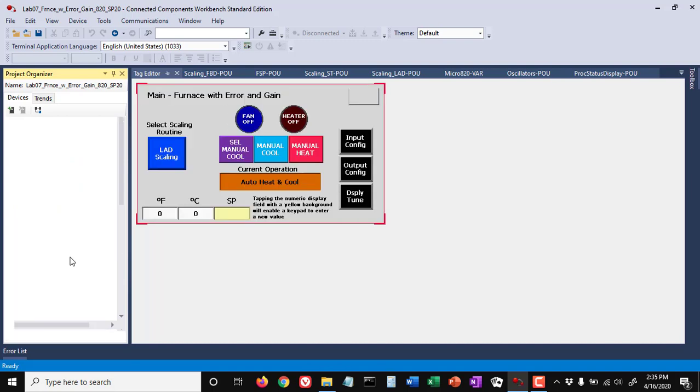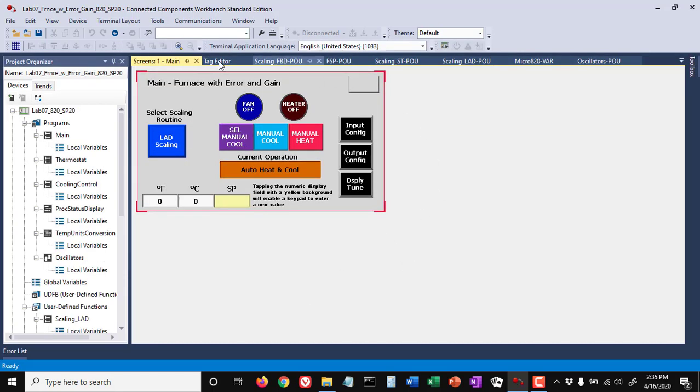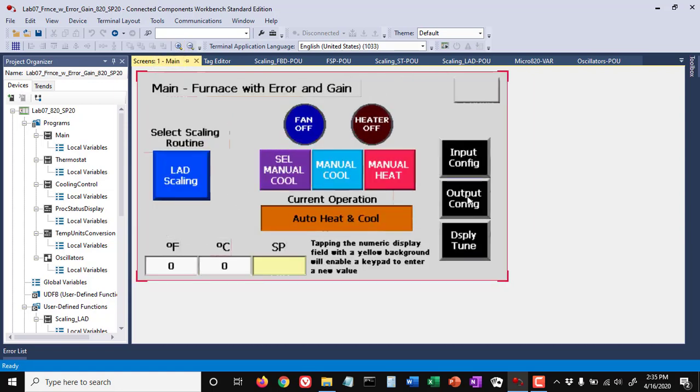So when we double click on main, you'll see that this is the screen that came up, and I'm going to increase the size of this. There's a magnifying glass here. I'm going to do it twice only because I know on this fairly small laptop screen that it fits well. And you'll see how I laid this out. Now,